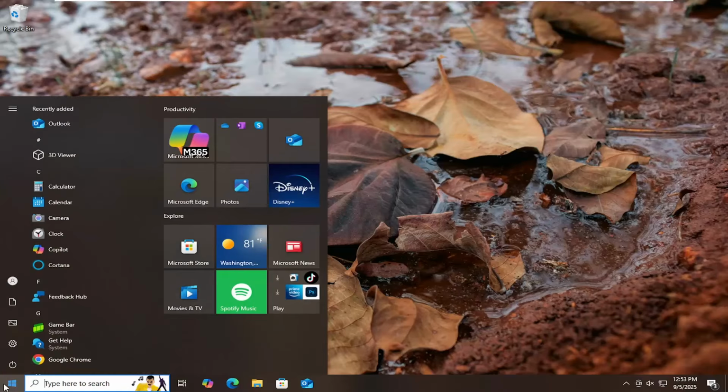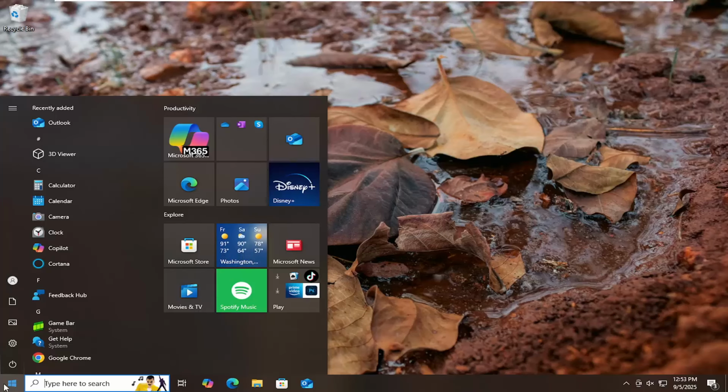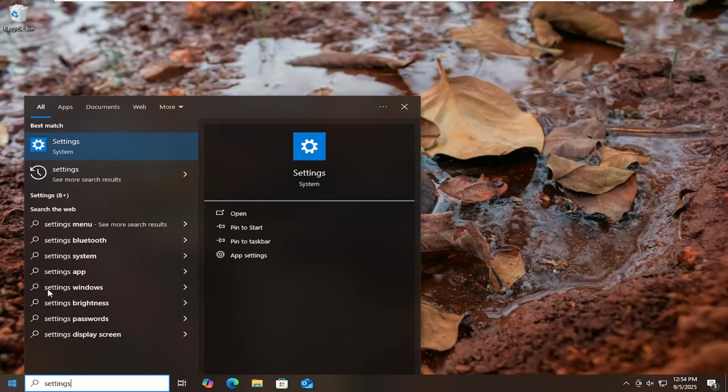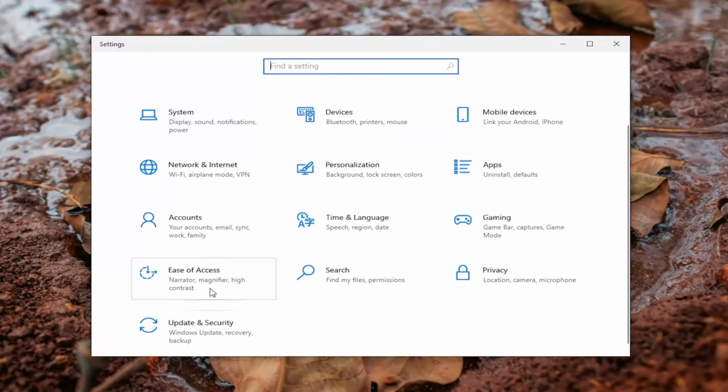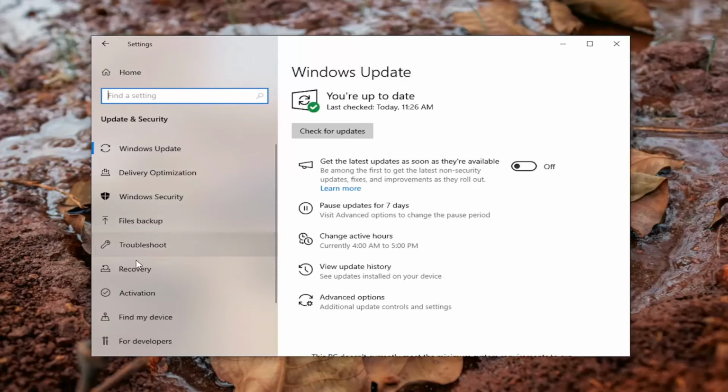So all you have to do is open up the search menu, and type in settings. Best result should come back with settings. Go ahead and open that up. And then select the Update & Security tile near the bottom, and then select Troubleshoot